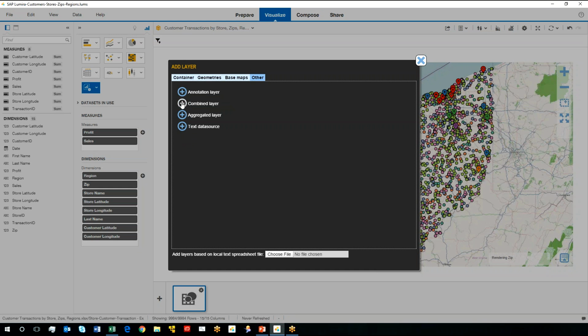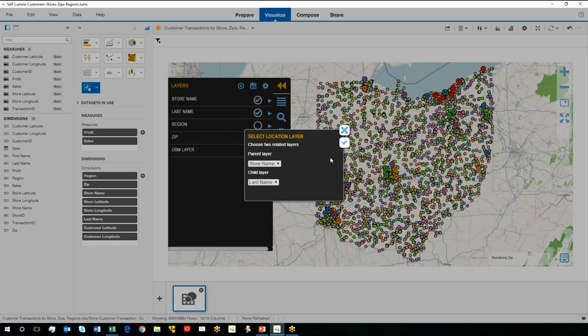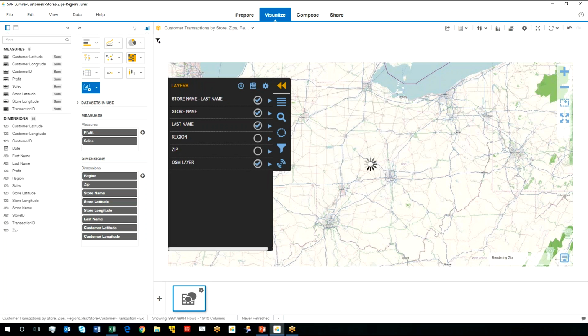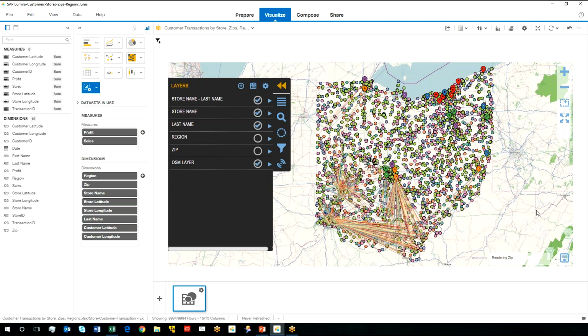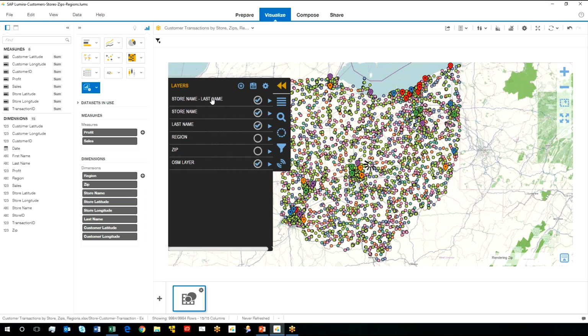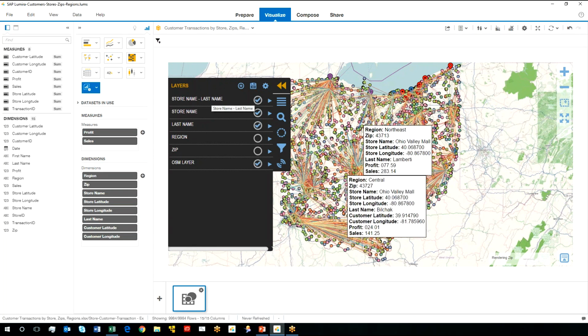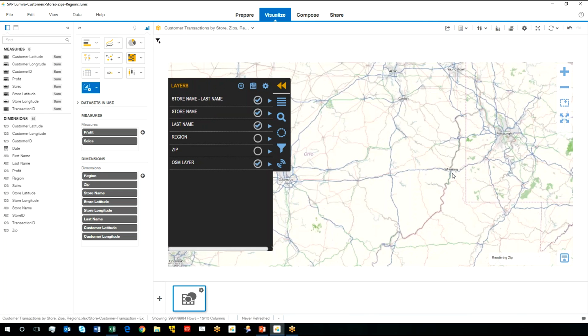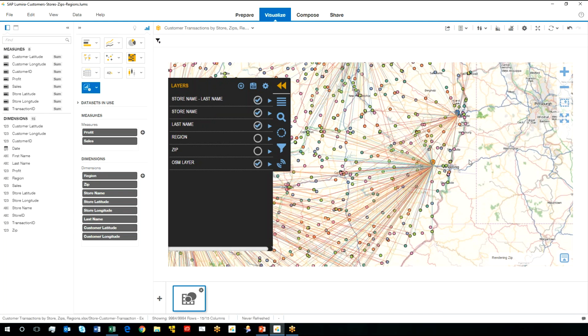And the one I'm going to choose is what we call our combined layer. It's when you have a layer that's built up from multiple dimensions. And so you have this different set of data, and store and customer last name is a parent relationship, which is what I want. It read it correctly and understood it. And when I click OK, it basically is going to create a new layer called store and customer last name here, and it's going to draw it as such. It's going to draw the connections between them. And so a spider diagram is a good way to show the relationship of where all of the store customer